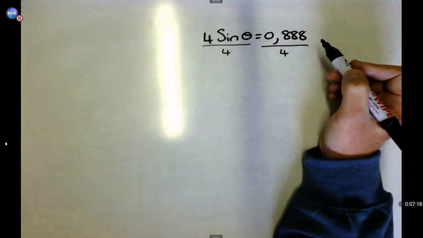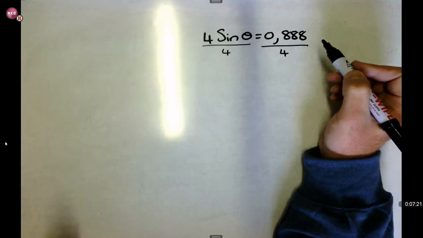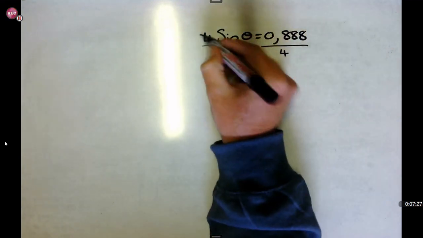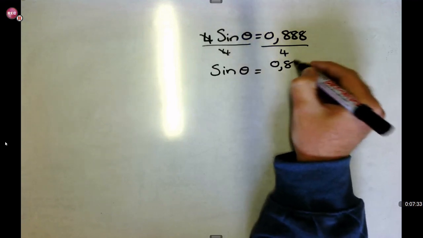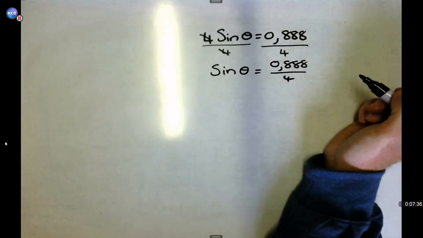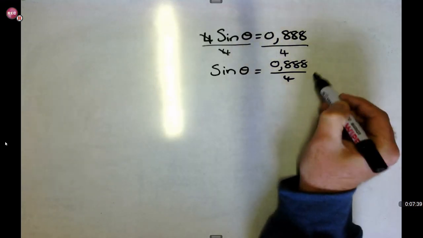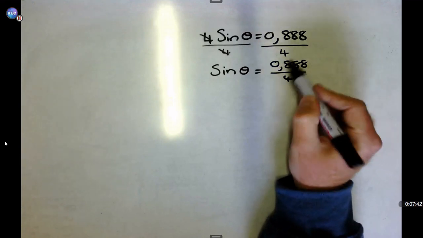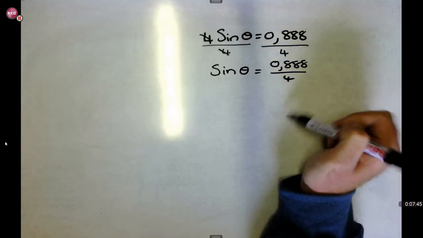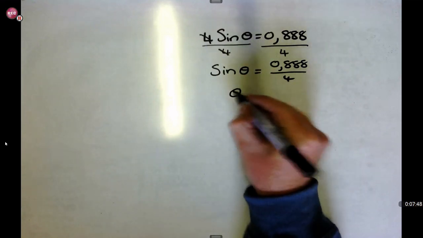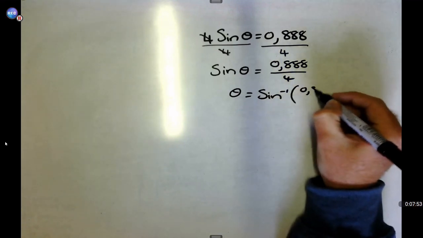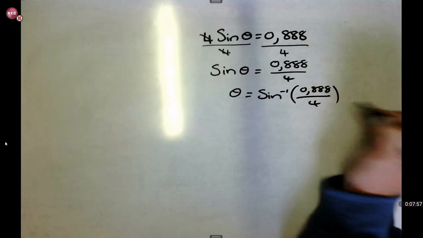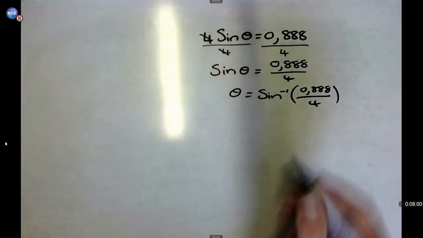And now I'm going to teach you something that will help you out in future, because when you round off, you are only allowed to round off right at the end with your final answer. So these two will cancel out. You'll then have sine theta, which is equal to 0,888 over 4. Okay. Leave the 0,888 over 4 as is, right till the end. Okay? Now take the sine over. So on the left we have theta, then we have sine to the power of negative 1, open bracket 0,888 over 4. And now you put this into your calculator as is.